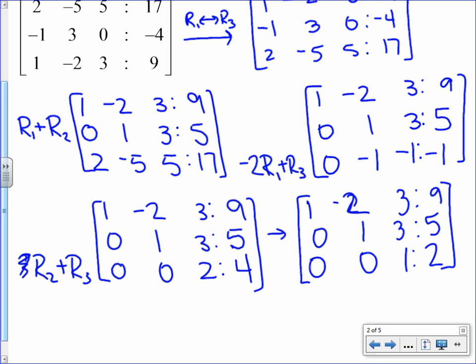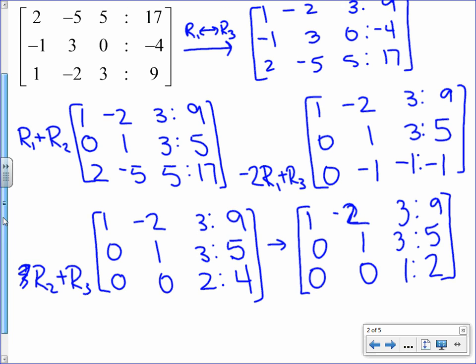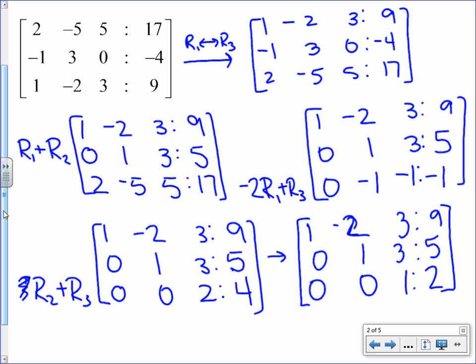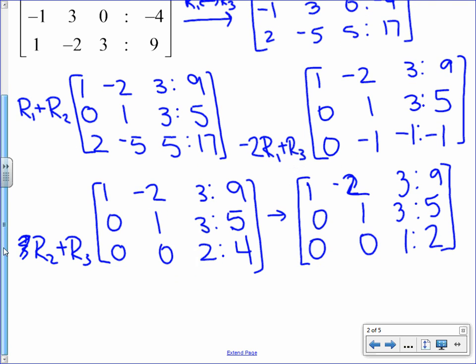So we have now gotten this into reduced row echelon form. Let's talk about what that means. There's going to be problems that just ask you to go from an augmented matrix to row echelon form. And there's also going to be problems where this is representing what? A system. Okay? So if this did represent a system,